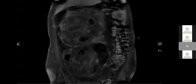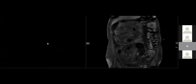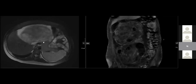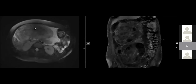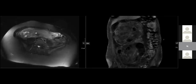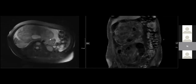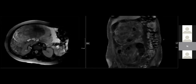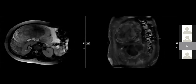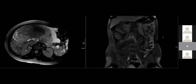Young woman, 19 years old, an old case, so I apologize for image quality. You can see that there's this humongous mass in the retroperitoneum. It has both cystic and solid components. This is coronal T2, coronal post-contrast, just showing heterogeneity of this mass